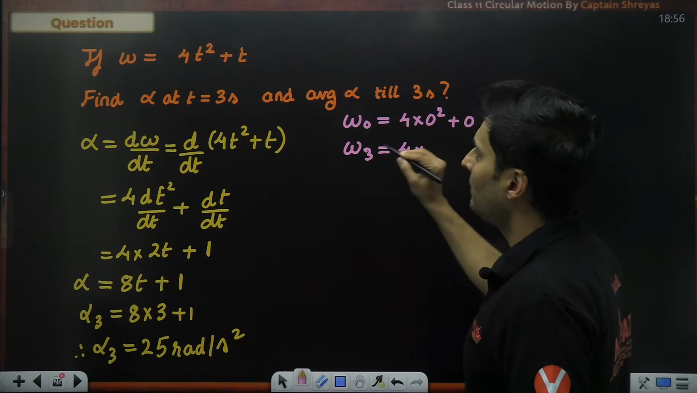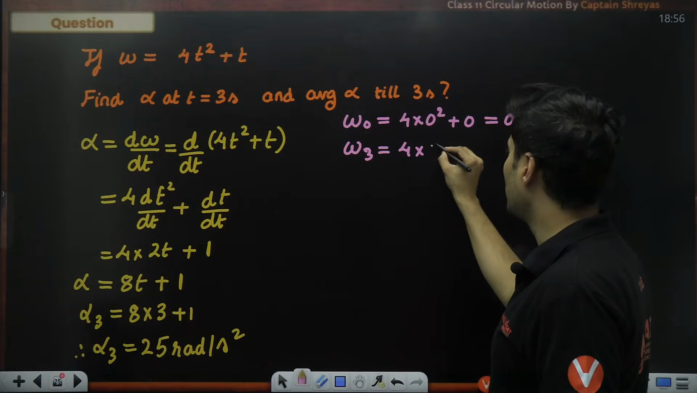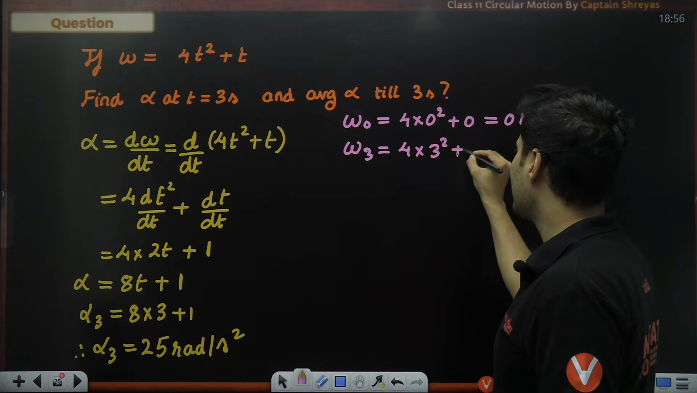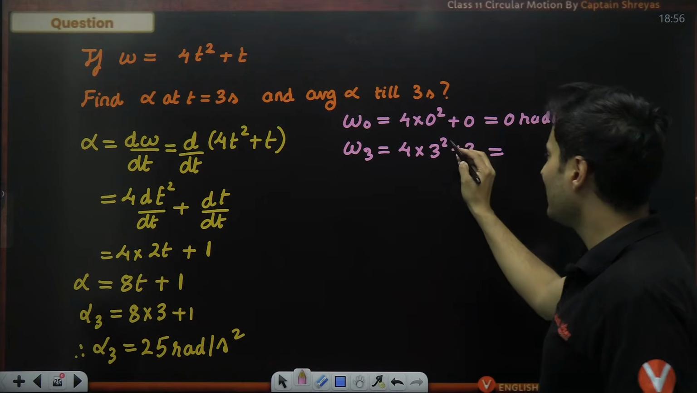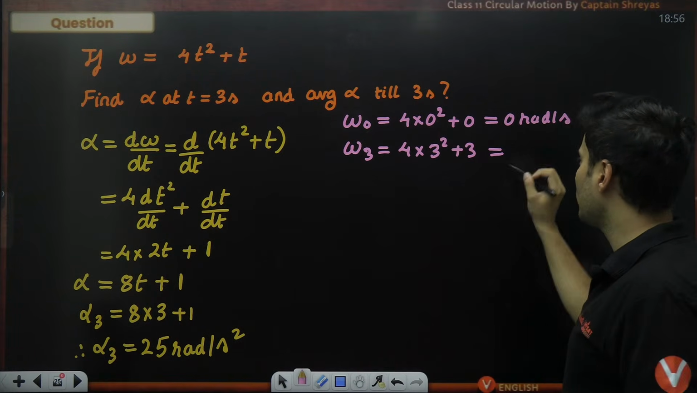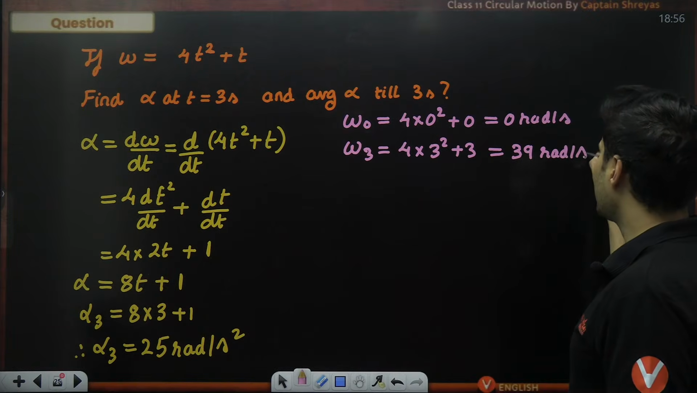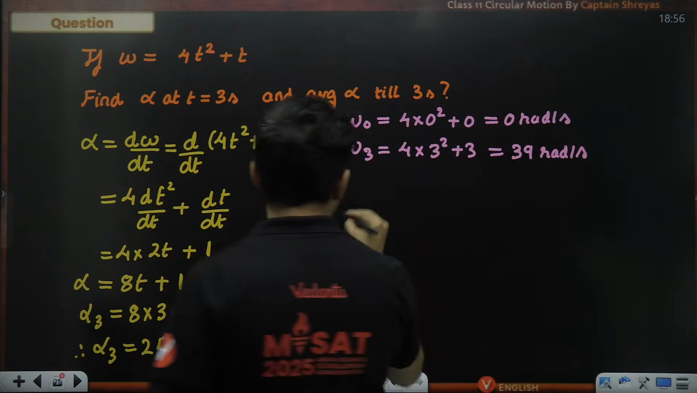Substitute time as what is it? 3 seconds. So 3 square plus 3. 3 square is 9. 9 fours are 36. 36 plus 3, 39. So 39 radians per second. Time interval I know. So